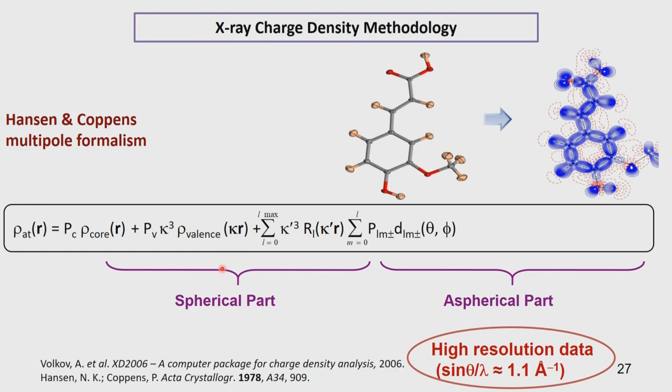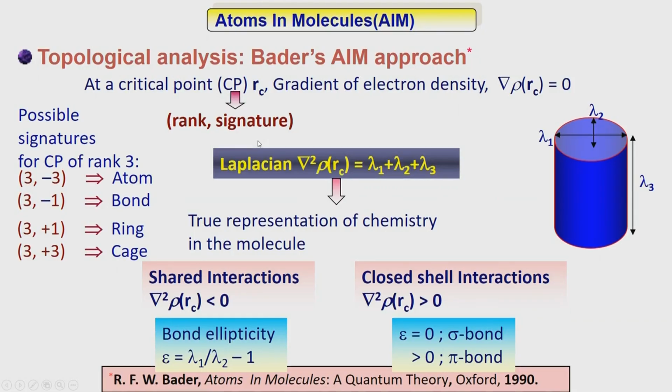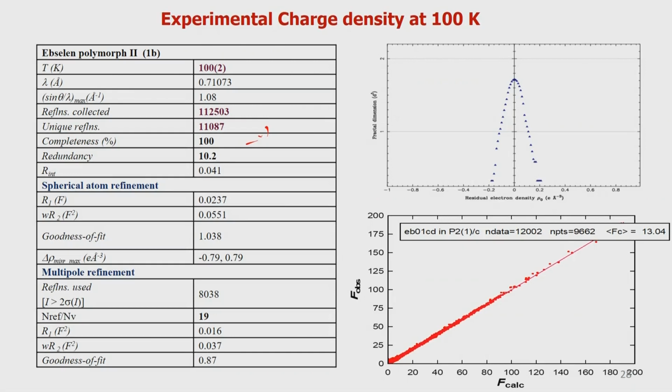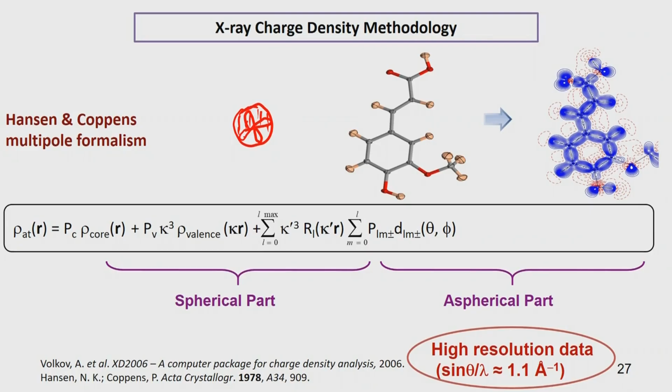So, effectively what we do is the following. You just consider the atom to be made up of a monopole, and this particular monopole now covers the diameter of the atom, and then in that we have a dipolar contribution which will go like that with respect to the center and 3 directions, then the quadrupole, the octopole and the hexadecapole. So, effectively we fill in all the possible space here, and the space being aspherical, we will have the representation of the atom in terms of multipoles. That is why we call them multipoles.